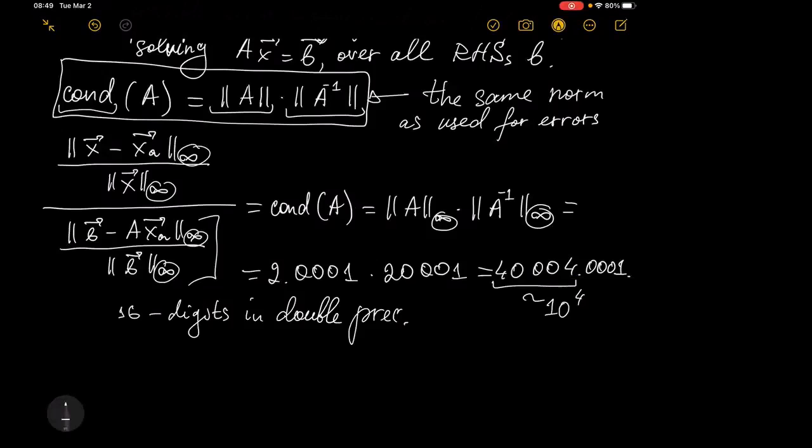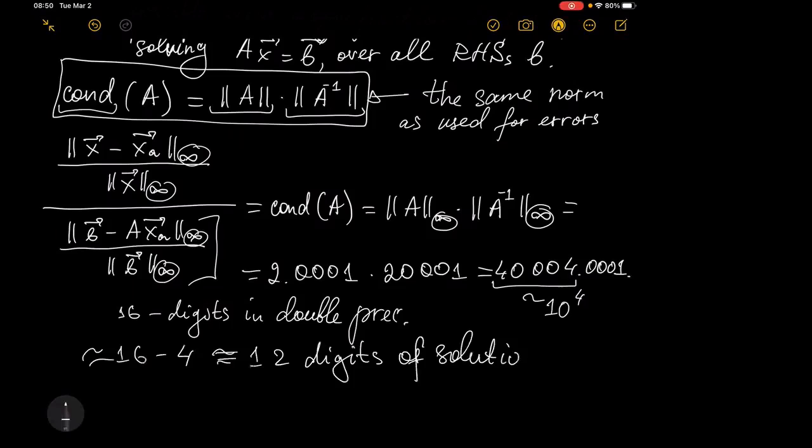So as a result, you can guarantee approximately this, which is equal to 12 digits of solution. So from the first point of view, it's enough for any engineering application, right? The only problem is that not always you have a possibility